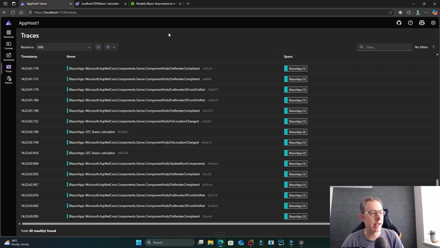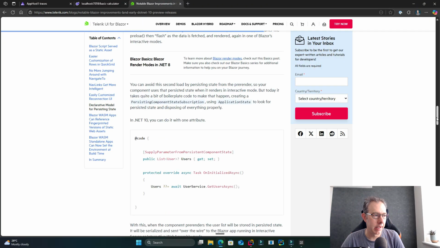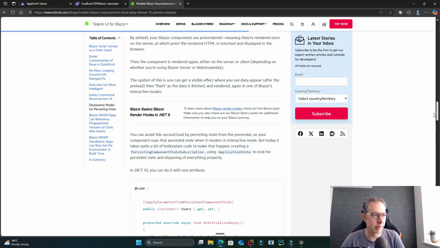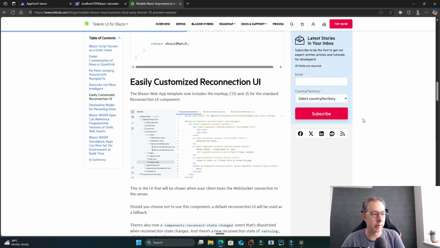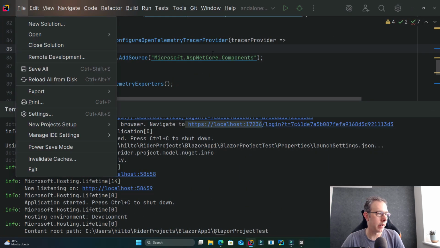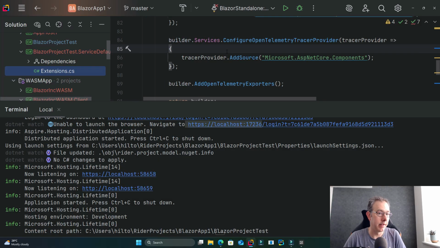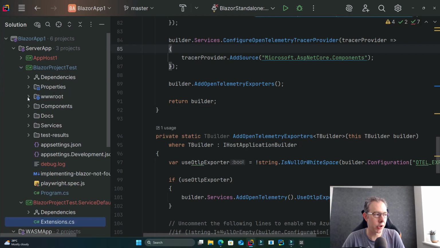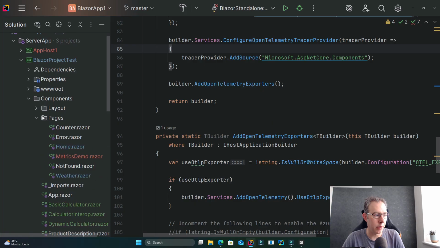So I think that's it. And then just for some bonus things, there's a couple more which are probably worth quickly calling out. Where are they? So this is a big one, the easily customizable reconnection UI. When you create a new project now, one thing that becomes immediately apparent is that you can actually see and change the UI for